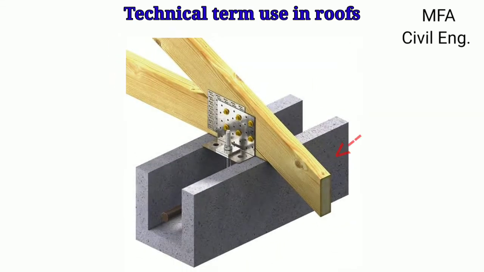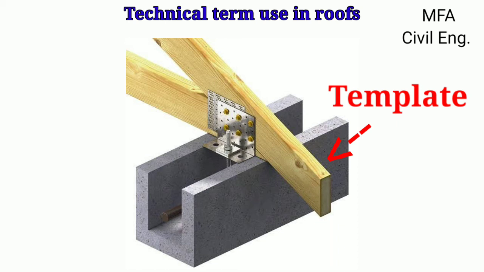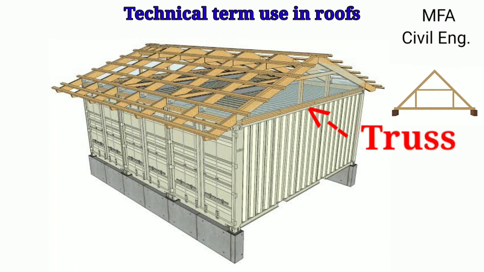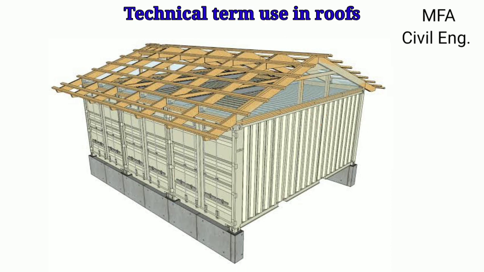A stone block or concrete block, either square or rectangular, placed under the truss or the beam is called the template. Template distributes the load over a large area of the wall. A wooden or steel framework, generally in a triangular shape, is termed the truss. Truss supports the roof covering over the room. Thin strip of wood nailed to the common rafter to support the roof covering material is termed the boarding. Boarding acts similar to the batten.